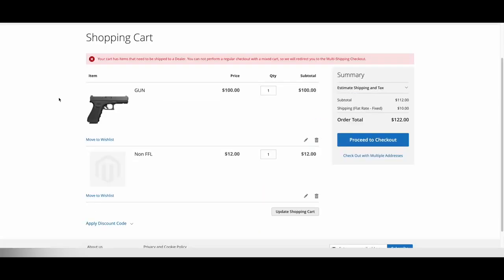All right, so here I've actually added two different items to my cart, one of them being FFL required and one of them not. And as you can see, it's warning us of that, and it's telling us that we're going to be redirected to the multi-shipping checkout. So we'll hit proceed to checkout,